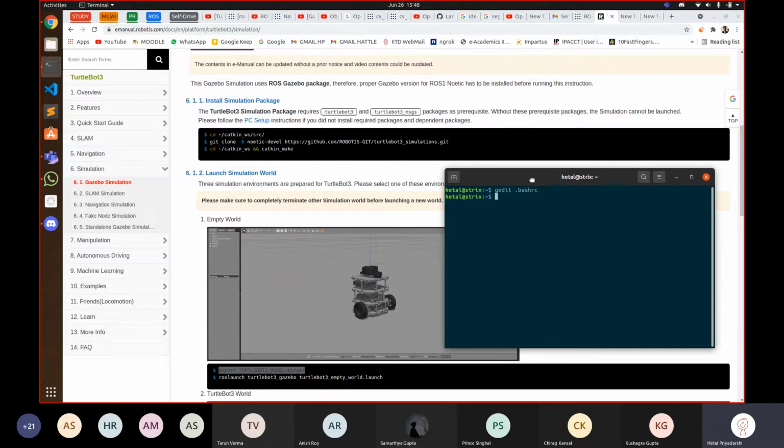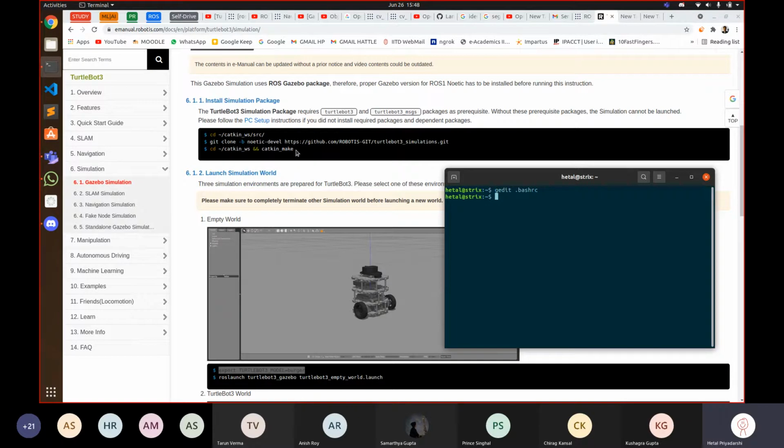If you have that command in your bashrc where you mention a robot, you do not need to export this TurtleBot3 model equals so and so from now on. You needed to do it only in case you didn't have it in your bashrc. Now that you have it in your bashrc, that export command is automatically run, because whenever a new terminal opens, bashrc runs all of those commands which it has. So when you're following this tutorial, you do not need to run these export model commands.